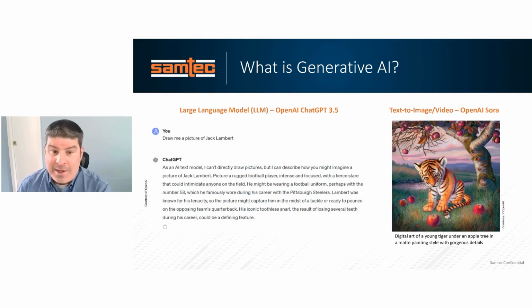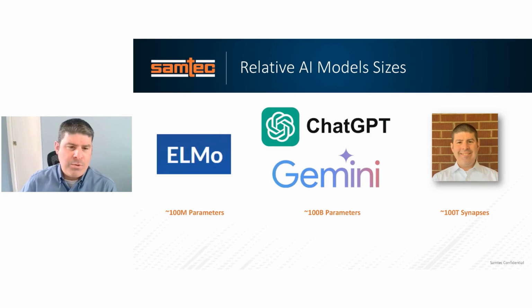Now, you may sit back and say, great, I can use ChatGPT to find answers to all my questions. It's an evolutionary advancement from what search engines are able to do. And if I want to create digital art, I can use this new tool, Sora. What does that have to do with AI in the data center? Well, these two tools illustrate something that Viswa was mentioning, that AI models are growing at an exponential rate.